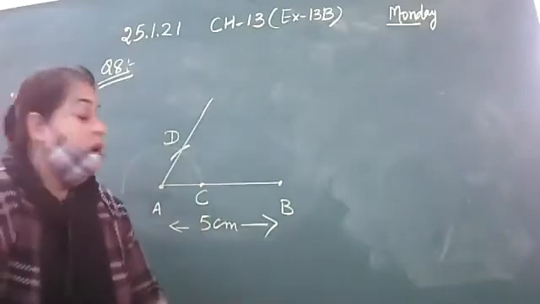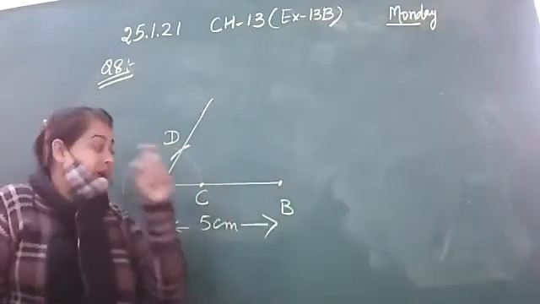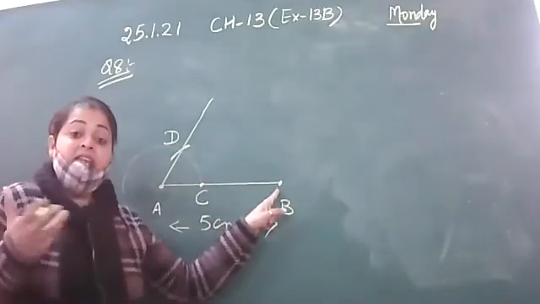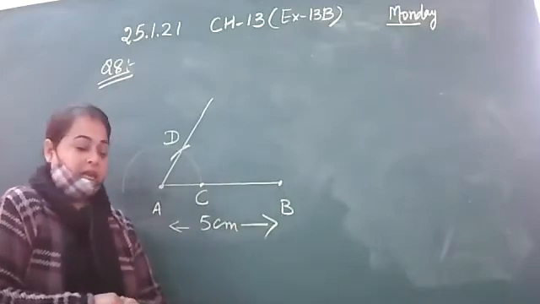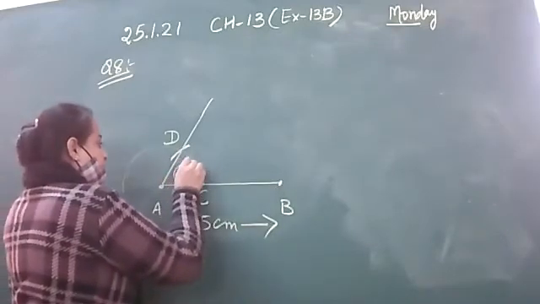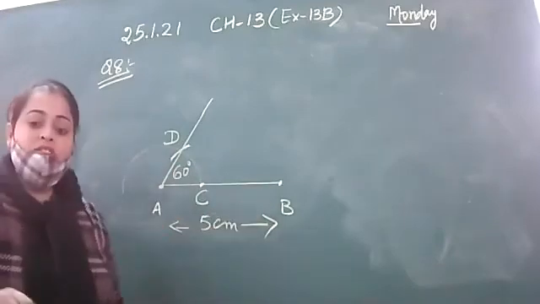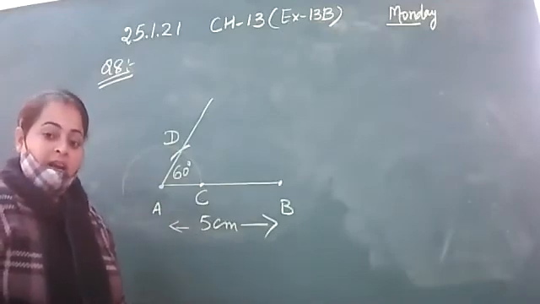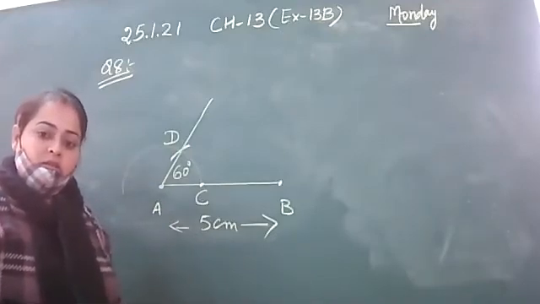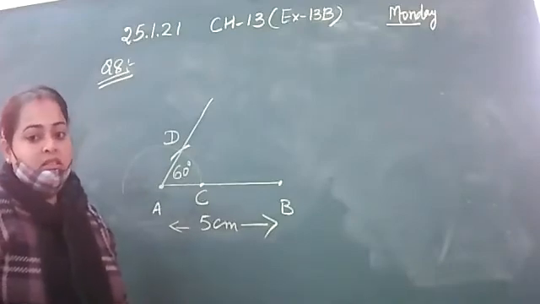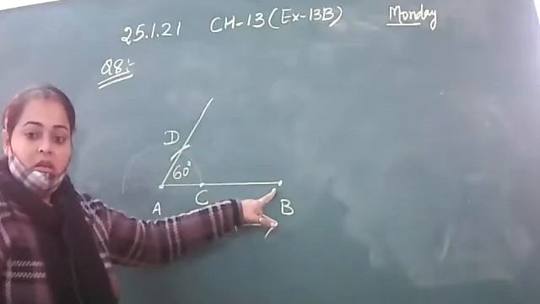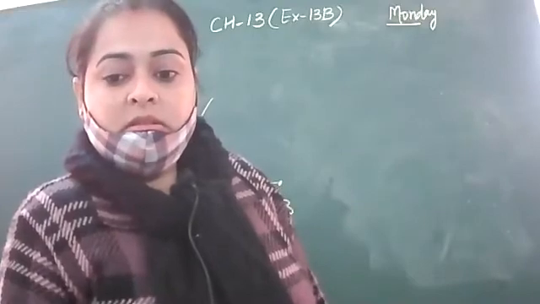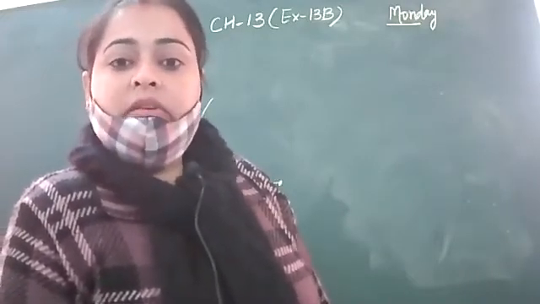Now, what about this? You know, this B angle is equal to, yes, this is 60 degree. So what about this B? Students, you know, this B is equal to what? Write down yes or no in the chat box. Yes, students. What about this B? Kaushalinder, raise your hand.